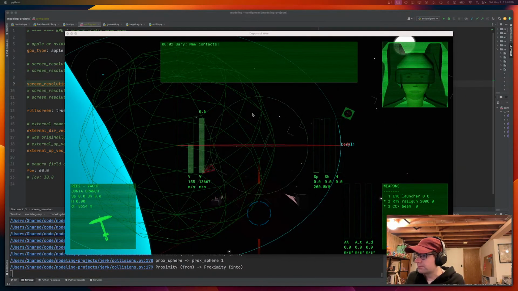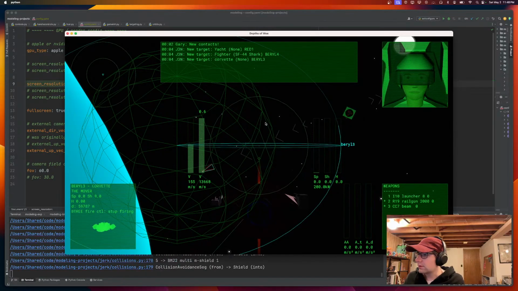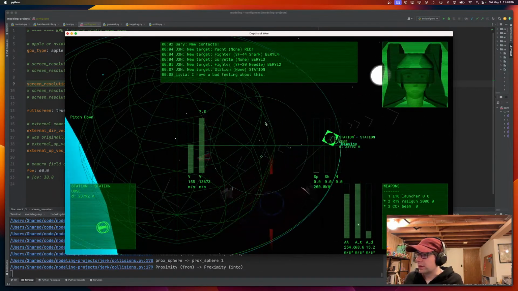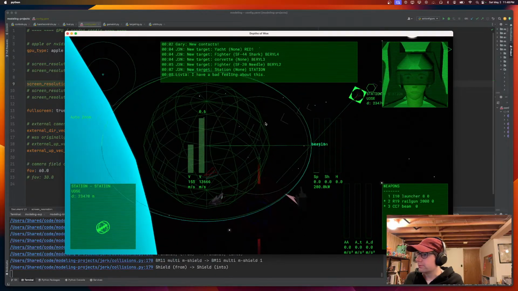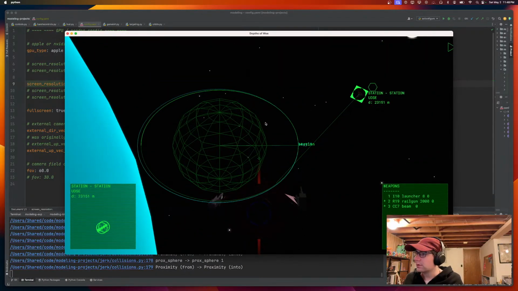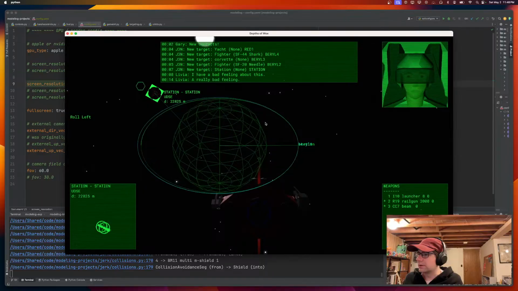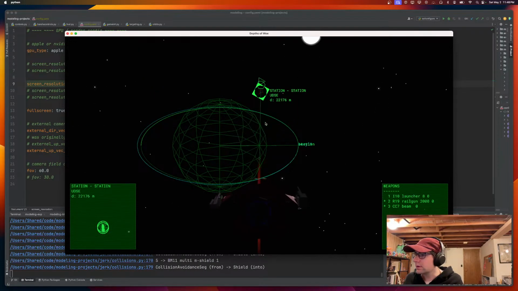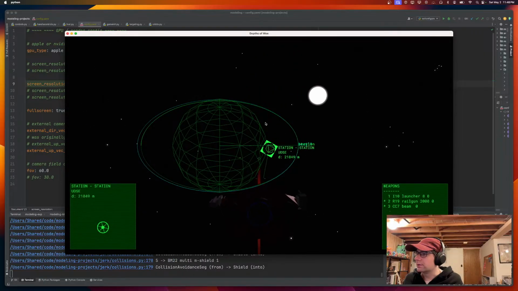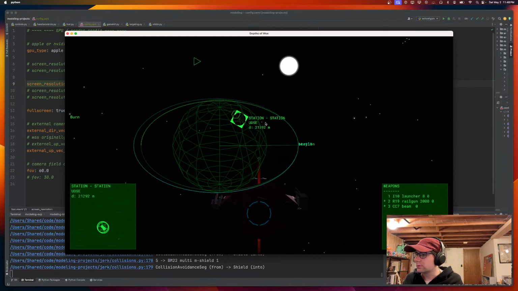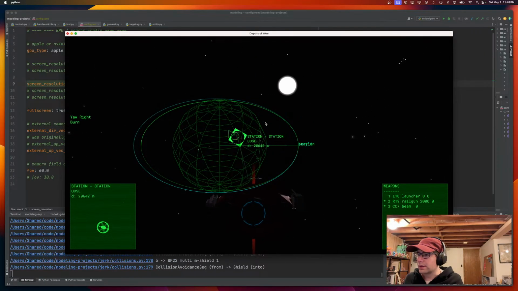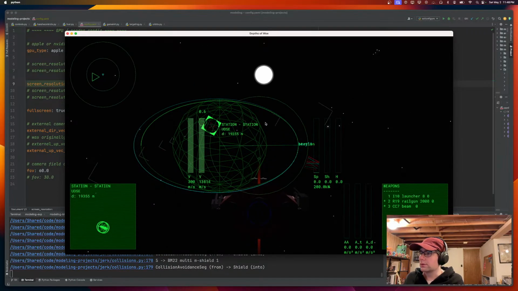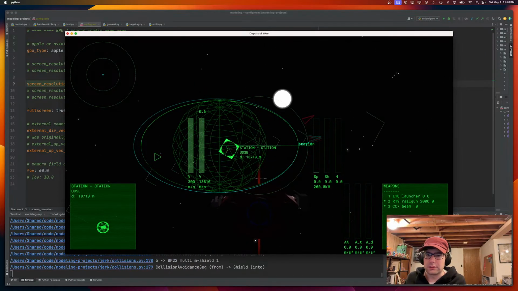Okay, so we've got our nice Orbits UI that we can look at, interact with, and just some kind of obvious things that I want to start fixing here are